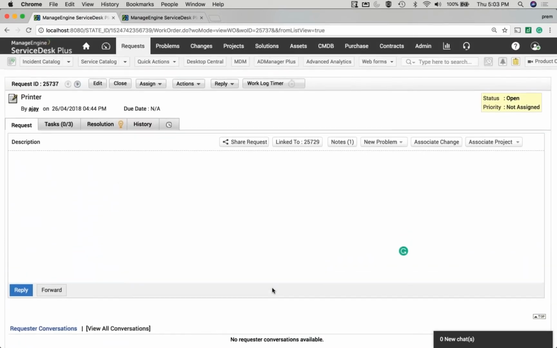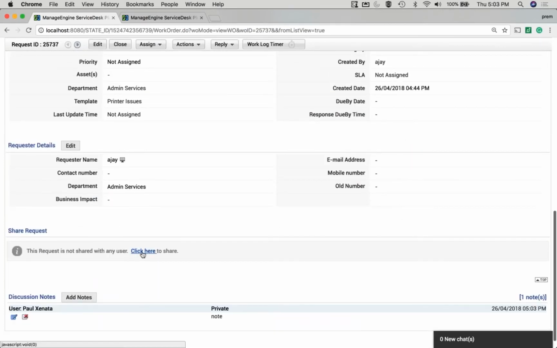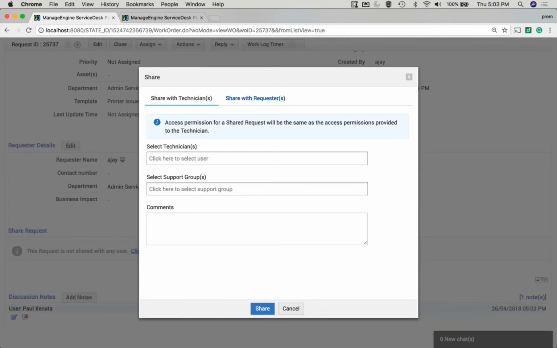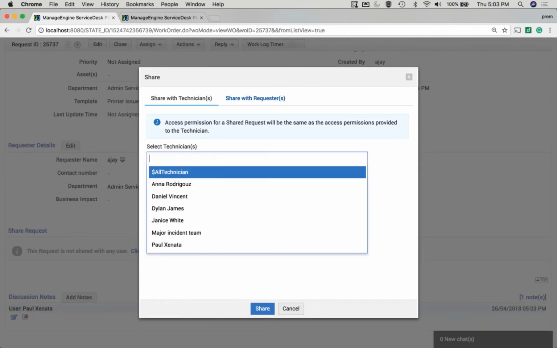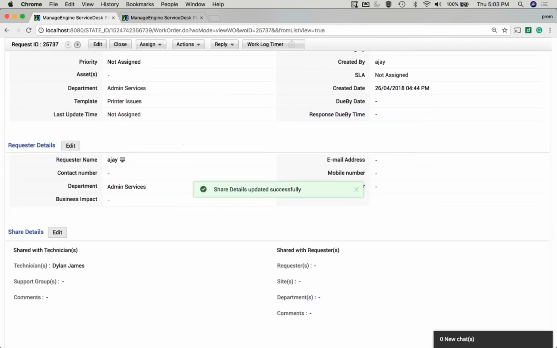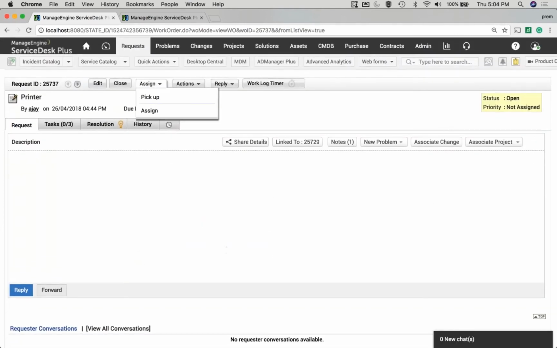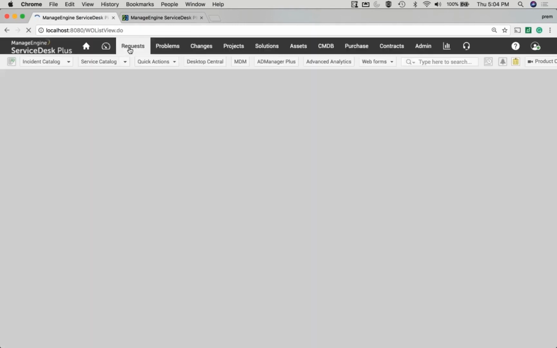Now, when you're working on a ticket, you may have to get some inputs from one of your senior technician. So instead of reassigning the request to a senior engineer, with a new option available in the application, you can do a share. So click on share request, and that will give you the option to share this particular incident with another engineer. Once I click on share, now this ticket will be shared with another engineer, and he can take a look at the request from the request list view,